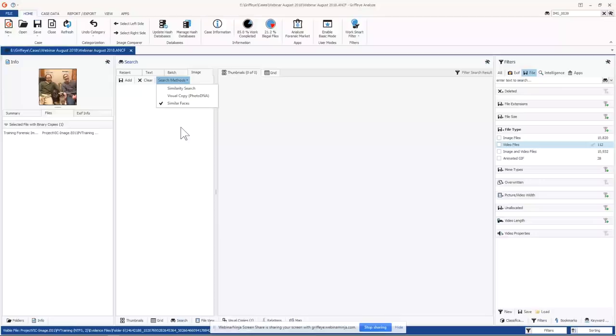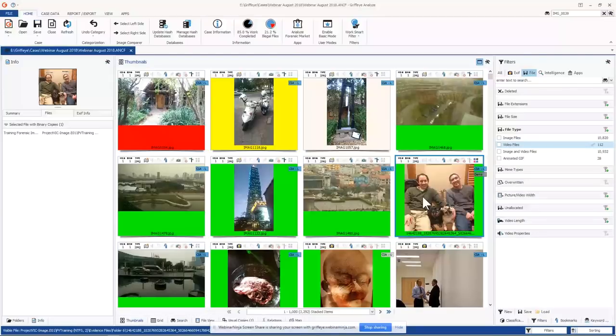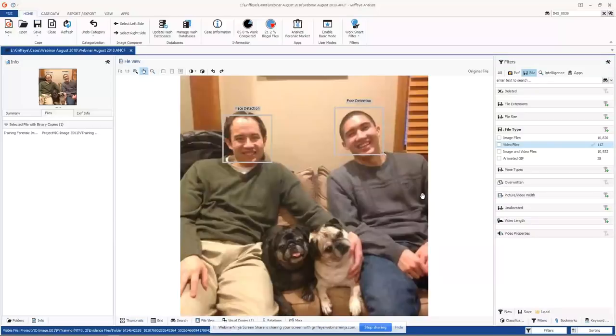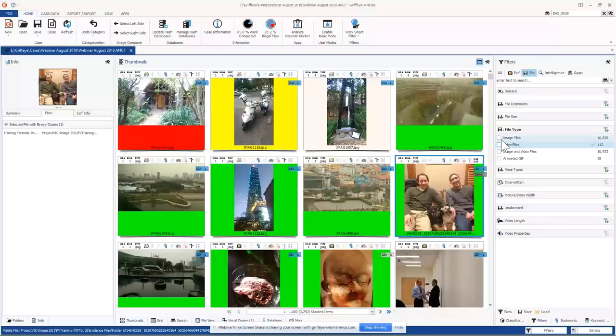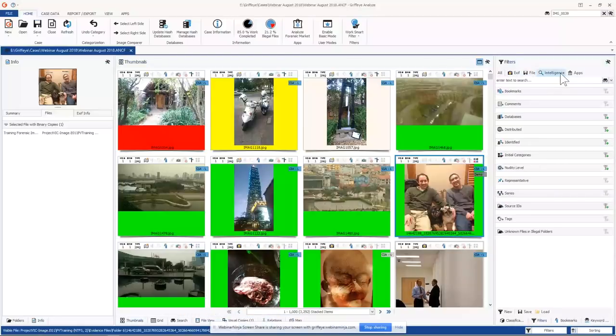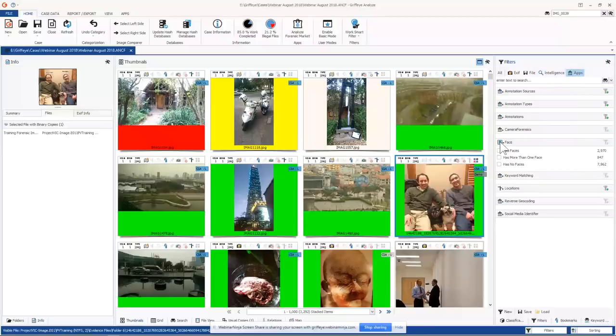So let me back up a second. With the face detection app, Griffeye Analyze has detected the faces that it could in all the pictures as they came in. And one thing I could do if I want to just see the faces, I can go to my apps tab and go to face, this filter, and just say, hey, just show me the pictures that have faces embedded in them.